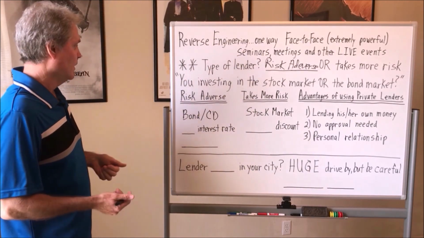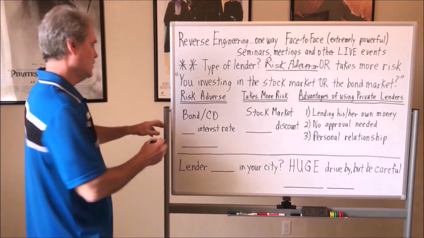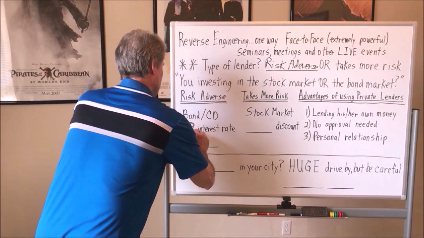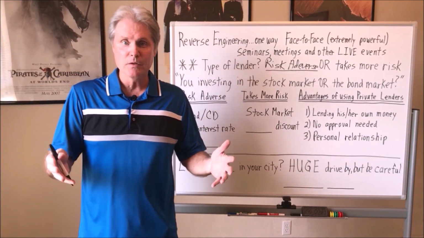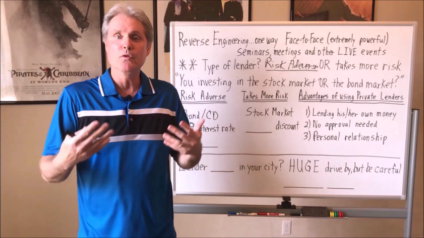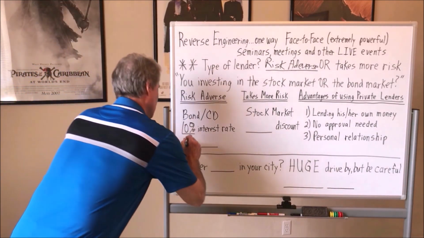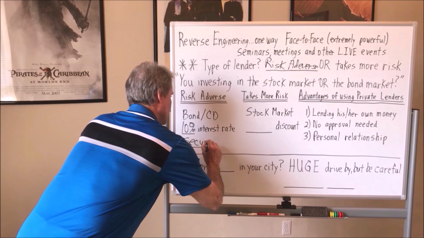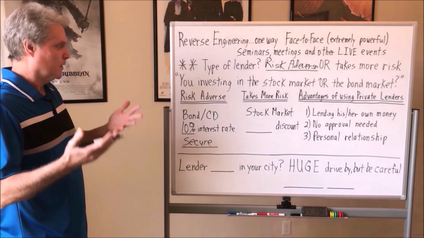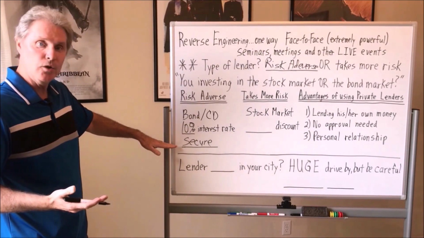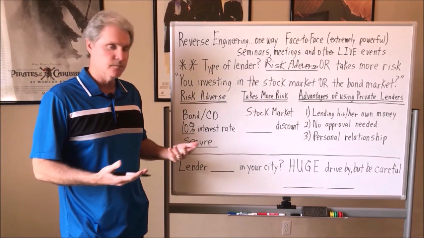And they'll tell you. If they're risk averse, you know they're investing in bonds and CDs, you point out the 10% interest rate. And you tell them, hey, look, the vast majority of houses out there, banks lend on houses. I'm giving you the opportunity to be the bank and make 10%. And also, it's secured, right? It's secure enough for a normal conservative bank. Well, I'm offering you the opportunity to be the bank here. We're going to secure your loan, your investment, with the house, and we're going to give you a 10% interest rate. That's unheard of.